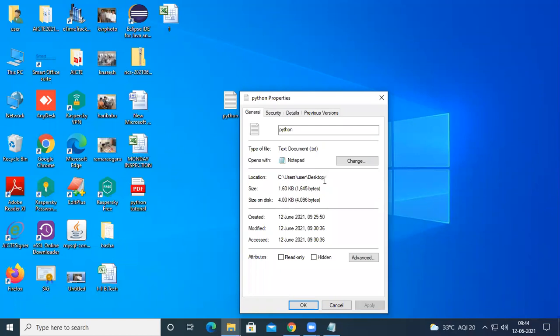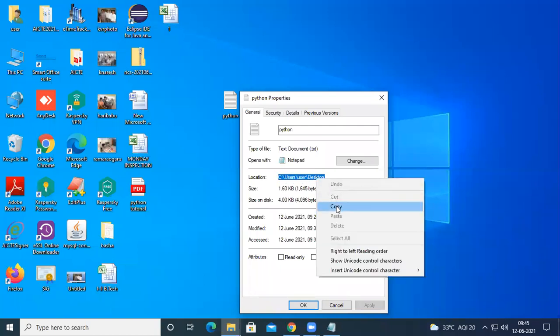So this Python file is located in the C drive. In a computer system, it is common to have C drive, D drive, E and F drives. In the C drive there is a folder called users, in users there is a folder called user, in that user there is a folder called desktop, and in that desktop we have this Python file.